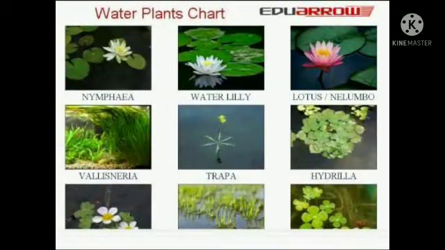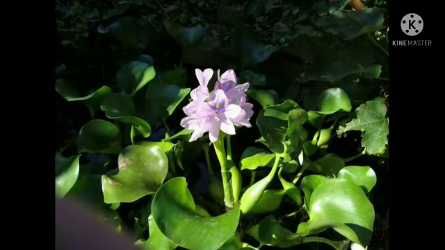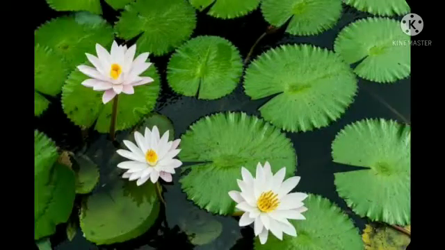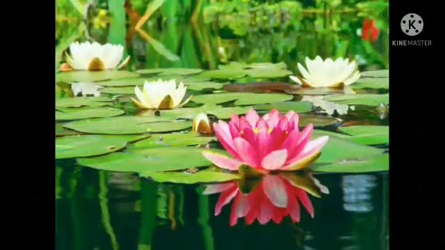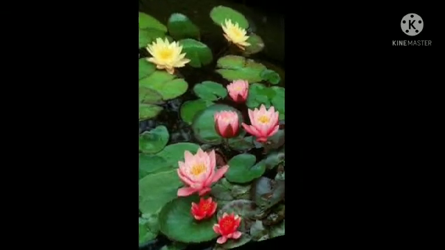Plentiful water, less sunlight, less air, and strong water currents are the problems faced by aquatic plants. There are three kinds of aquatic plants. Floating plants like water hyacinth are light and spongy and have no fixed roots, so they float in the water. Fixed plants like lotus have fixed roots at the bottom of the water body and a long, hollow stem. The leaves float on the surface of the water and prepare food through photosynthesis.